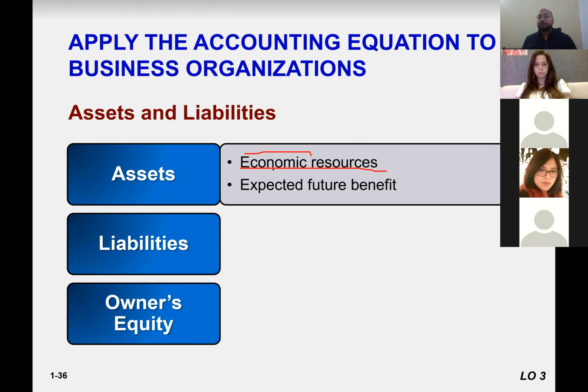Or in summer, you're having AC, air conditioning, in your house or in our class. That is an economic resource because we are paying for the cool air, chilled air, right? So a company possesses resources, yes. Some of them are free, like sunlight is free. But is that an economic resource? No. So all those resources a company has, for example, chairs, furniture, building, land, plant and machinery, all the stocks, goods,